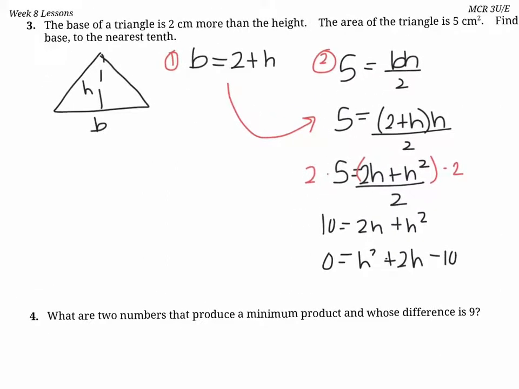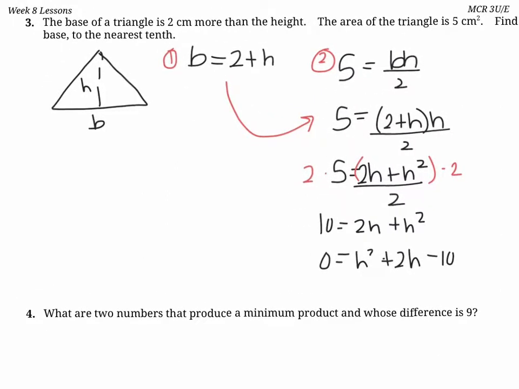Okay, so we're looking for a particular point. How do we solve for this? We can try factoring. Are there two numbers that multiply to -10 and add to 2? 5 and 2 will never make 2. 10 and 1 will never make 2. So we have to use the quadratic formula here.